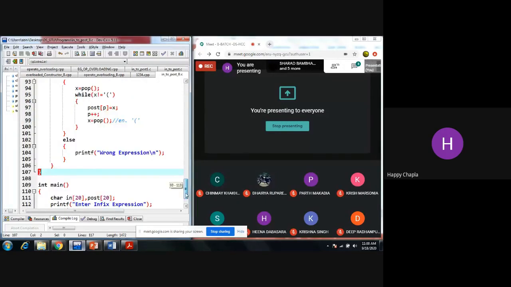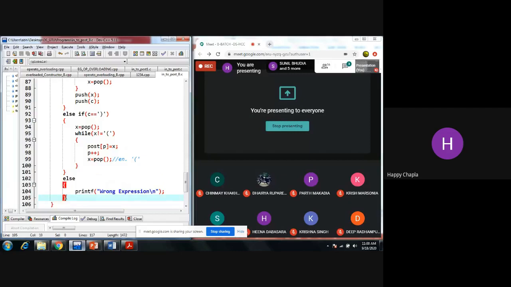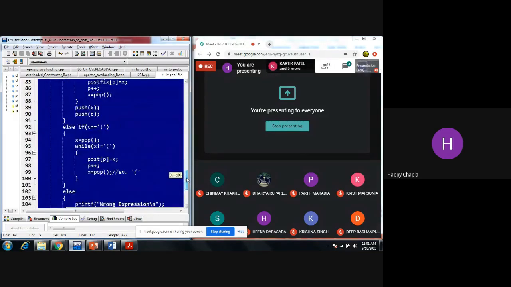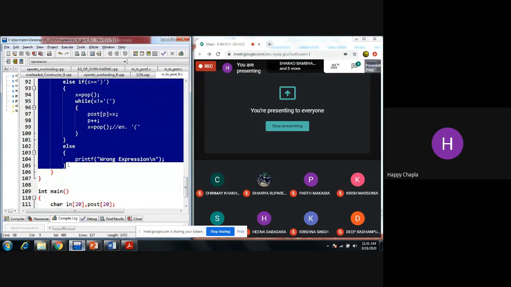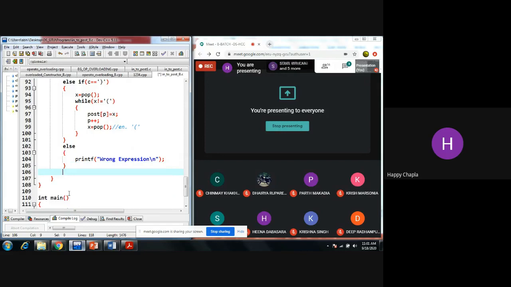Okay, here I am completing my while. Whatever I have written in this while function will work only for the zeroth character right now. Why? Because in my infix array, the zeroth position is capital A, right? So for this first character, I need to check every condition. After that, I need to scan the next character of my array. So what do we have to write? We just need to increment my I by 1, because this will work for the zeroth element right now.